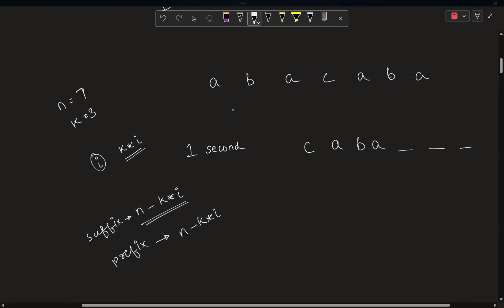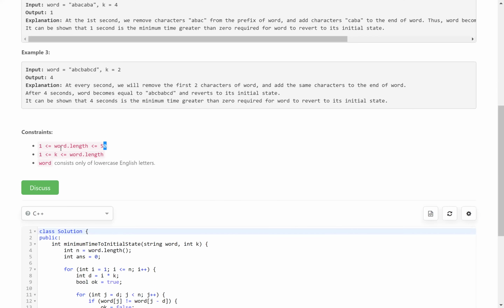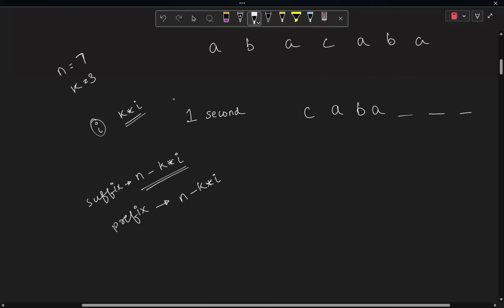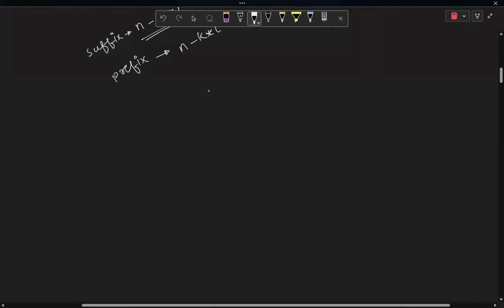Now, if you look at the constraints here, the word length is very small. It is just 50. So even something like n cube or n raised to the power 4 can pass here. We don't really have any strict constraints. So if you are able to think of this much logic, you can clearly notice